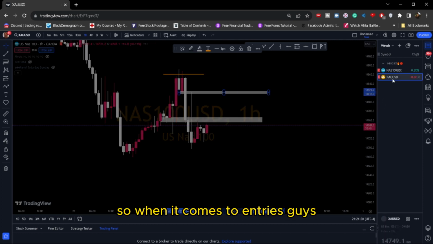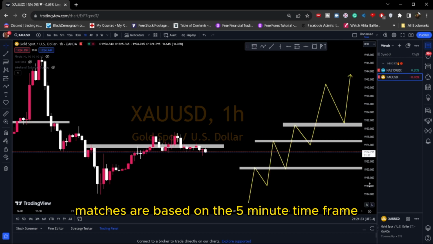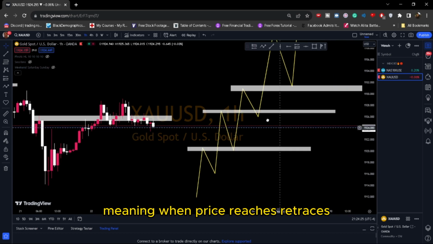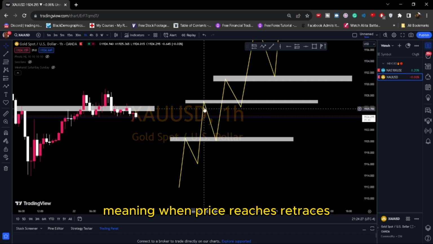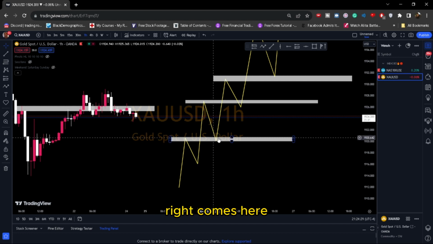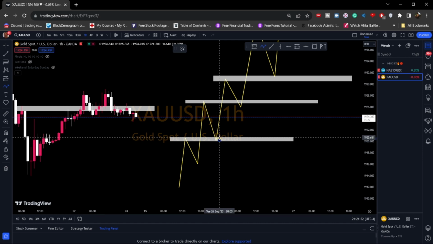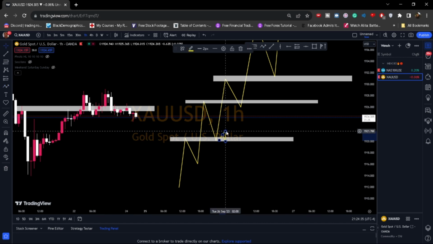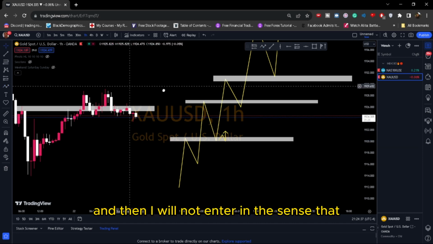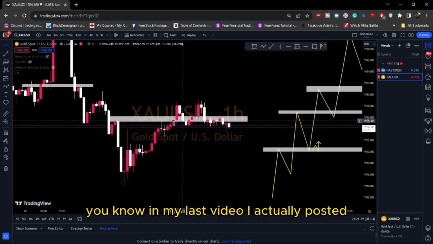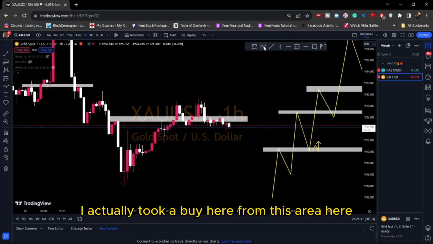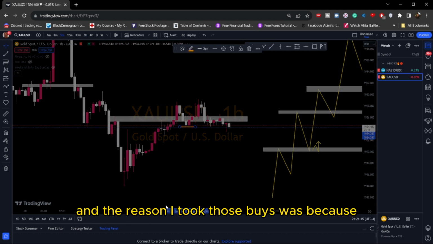So when it comes to entries, guys, like I said, my entries are based on the 5-minute time frame, meaning when price retraces and comes here, all I'm doing is waiting for the 5-minute time frame to break structure to the buys, and then I'll enter. In my last video, I posted that I took a buy here from this area. And the reason I took those buys was